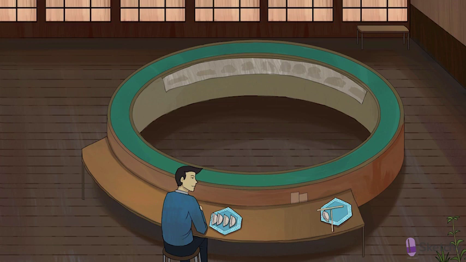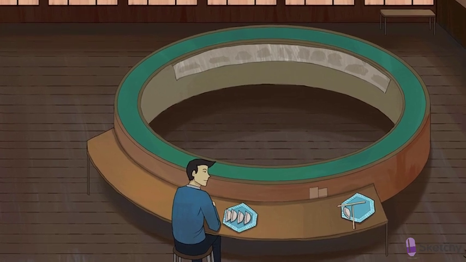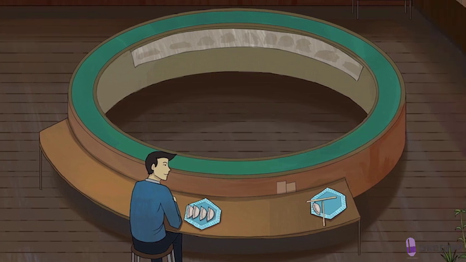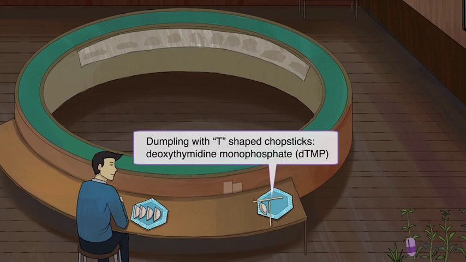Anyway, this enzyme works by methylating a phosphorylated uridine called deoxyuridine monophosphate, or DUMP, and turning it into a phosphorylated thymidine called deoxythymidine monophosphate, or DTMP. Think of it this way. See that hexagonal plate of dumplings? It's hexagonal because it depicts a pyrimidine precursor molecule, and the dumplings are meant to represent DUMP specifically. Once a customer chows down on those DUMP dumplings, it's converted into DTMP, as you can see here. You've got one dumpling left for the D, and then a pair of chopsticks are set down on the plate,